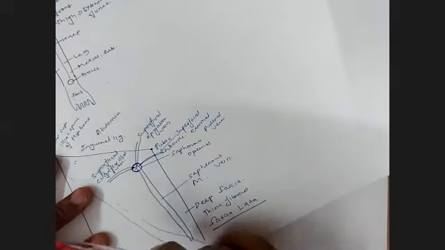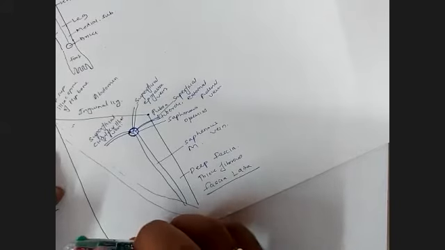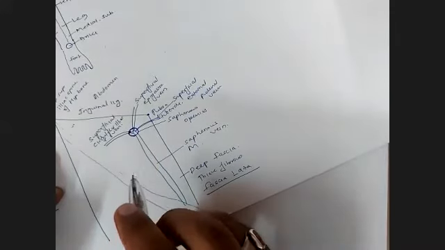Okay. So these are the first things which we see when we remove the skin. In the superficial fascia, they are located. Also in the superficial fascia, we see